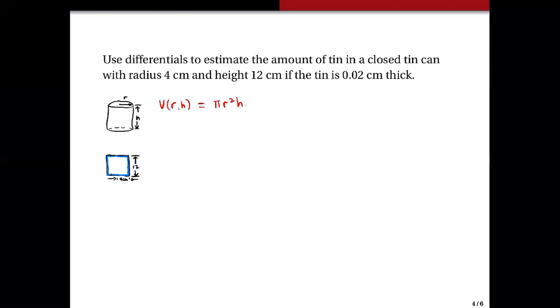And then we want to use differentials to estimate the amount of tin of this tin can. So, of course, the idea will be we will subtract the volume of the tin can as if it was solid minus the volume of whatever is inside the tin can. And of course, suppose it's completely filled up, so it follows the shape of your tin can. Then if we only look at that circular cylinder inside the tin can,